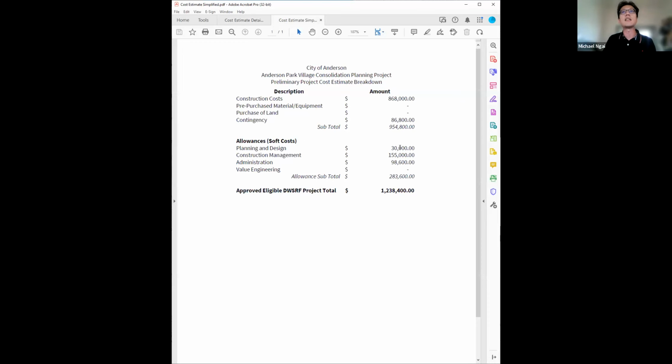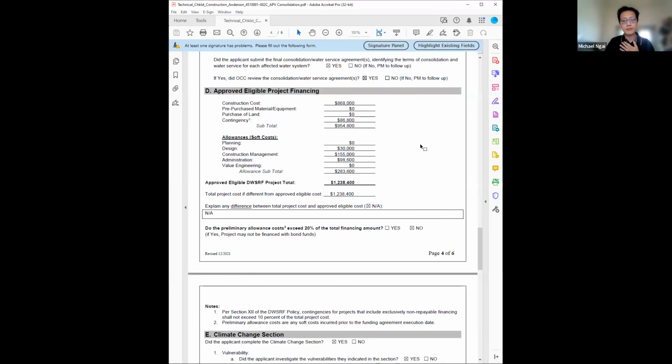So once I have that, then we'll have the big number, and this is where I throw everything back to my checklist right here. So that is how it comes along. Similar to the description, I would need the same thing for the cost estimate. So the description and the cost estimate is the most important to start